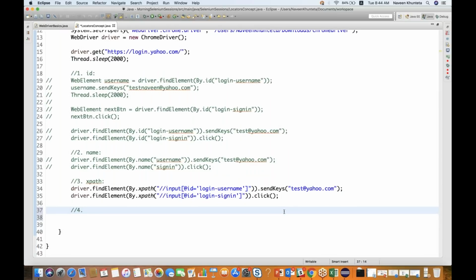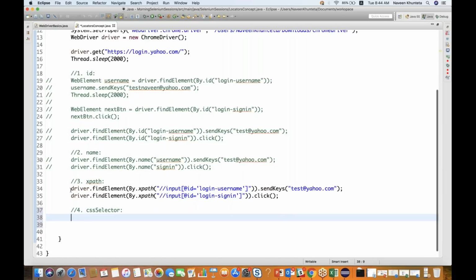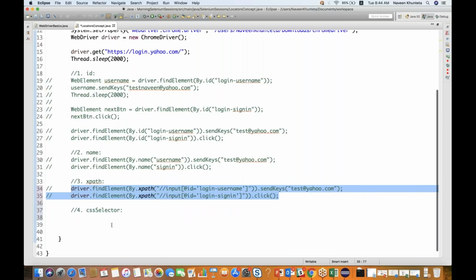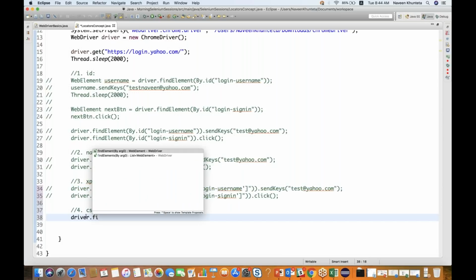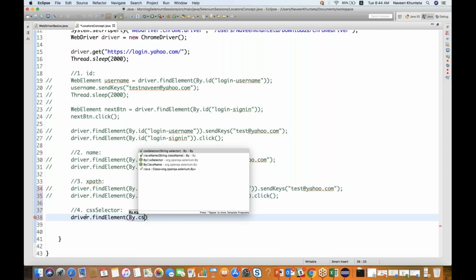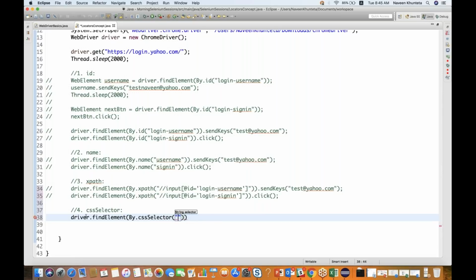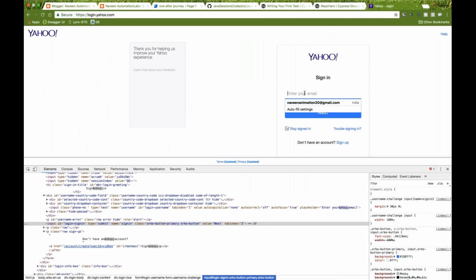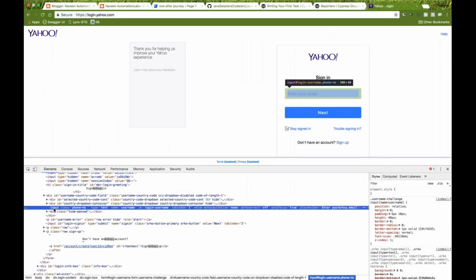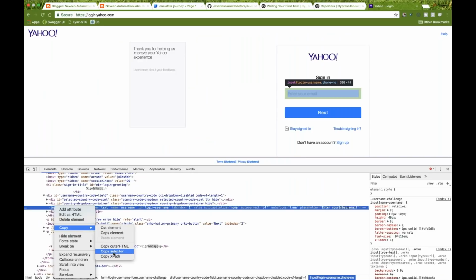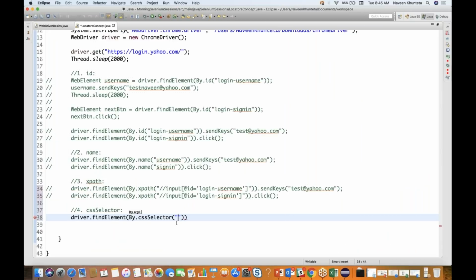After Xpath, guys, we will talk about CSS selector first. So let me comment these two lines. Driver dot find element by dot, you will see CSS selector. How to get the CSS selector for this guy? Simply inspect and right click on it, copy selector. Can you see that? Copy selector. So just use copy selector. So the copy selector is this hash, and this is the ID value. So hash, this is the ID value, and dot send keys, if you pass